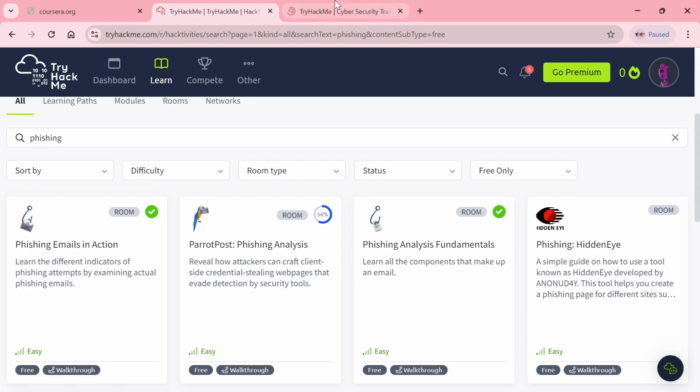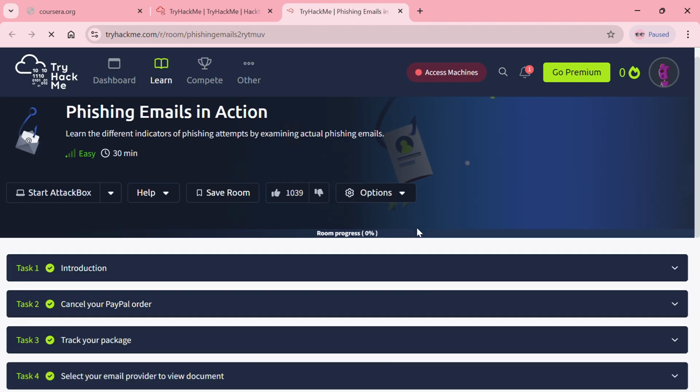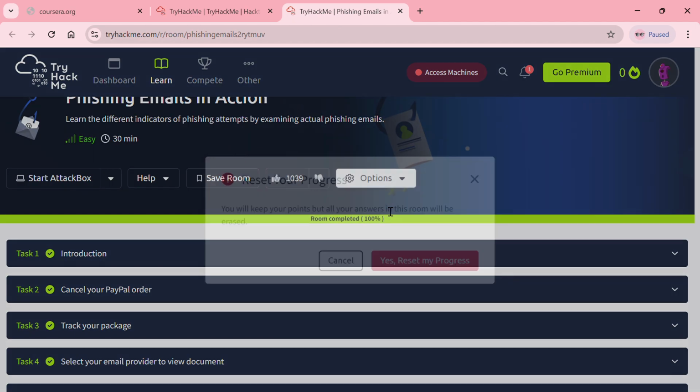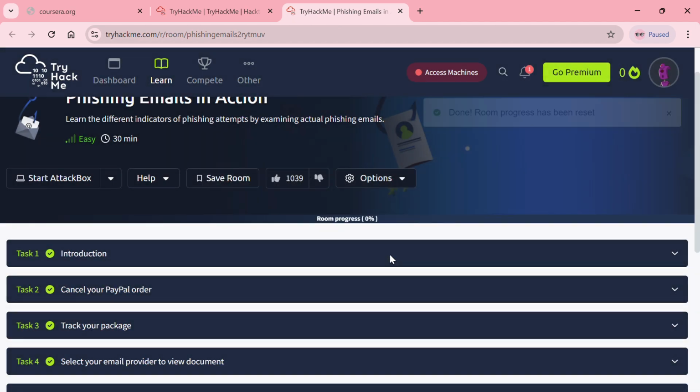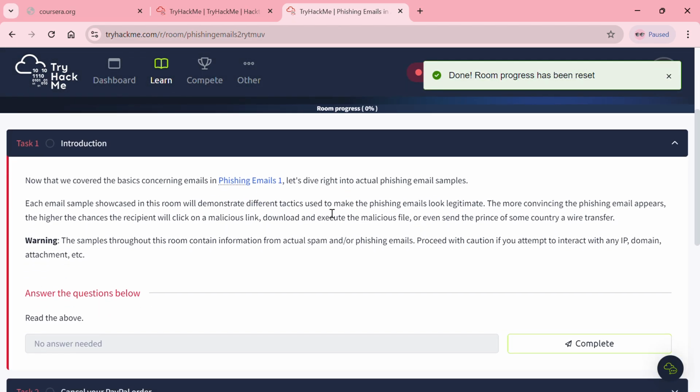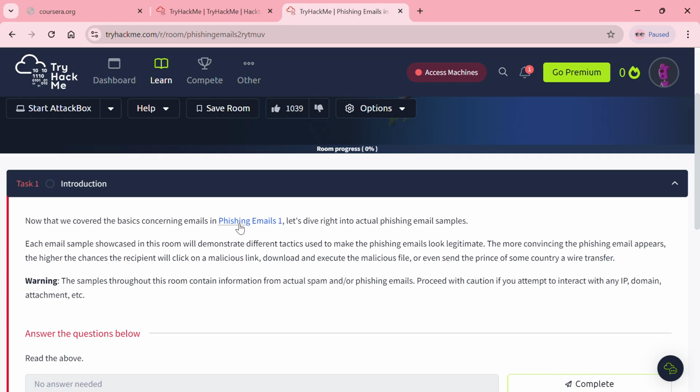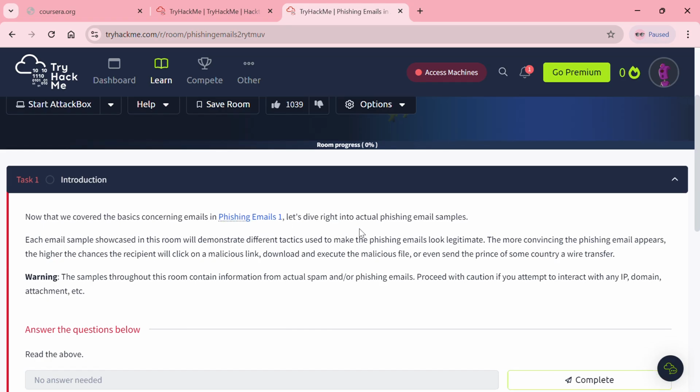Open the link in your tab. As you can see, I've completed this room before, so I'll reset the progress. Then we can start. Now that we've covered the basics concerning phishing emails, let's dive right into actual phishing email